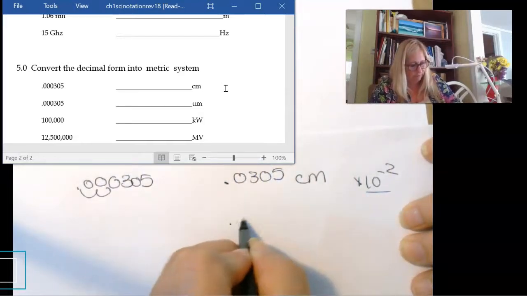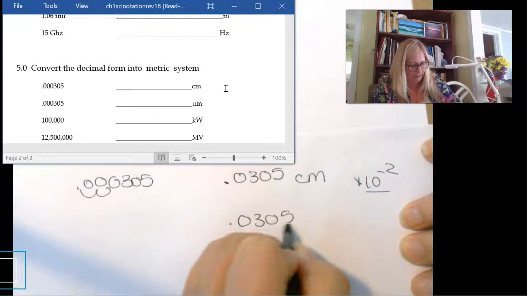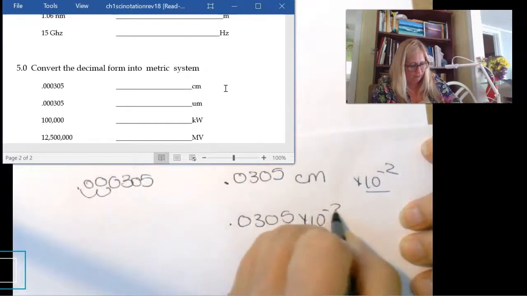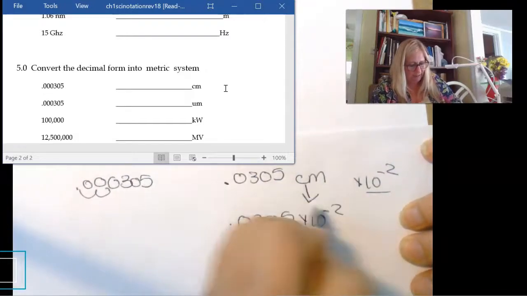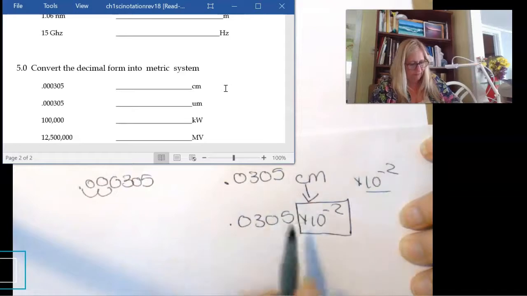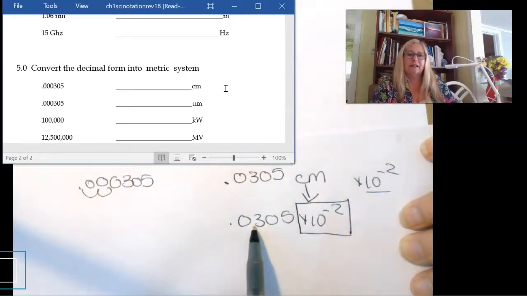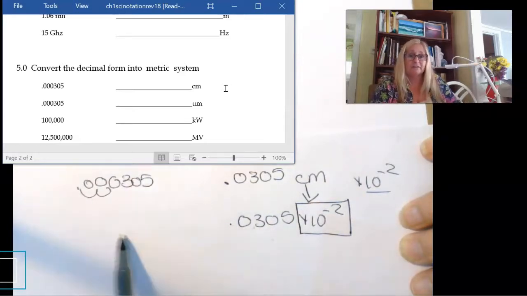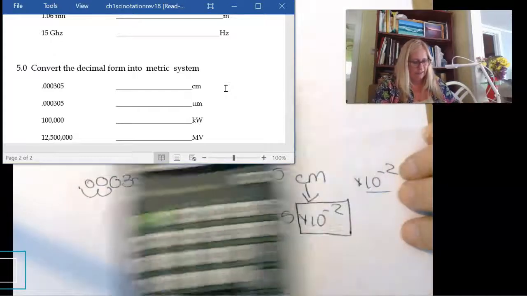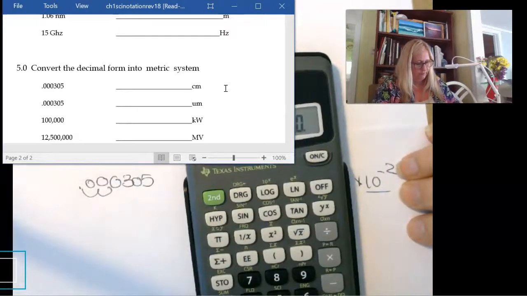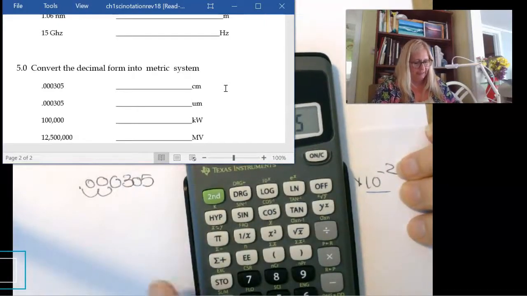Very easily. Put 0.0305 times 10 to the minus 2, because this is what that represents in the calculator, and then I can go from scientific to double check my decimal. If we do that, if I put 0.0305,